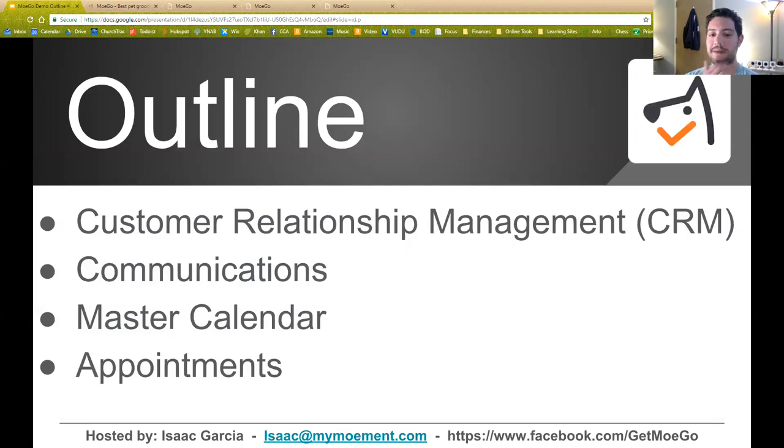Let's review what we've talked about today. We talked about the customer relationship management portion of MoeGo. That's how you manage your clients and information about them and their dogs. It's all targeted for mobile groomers, so it's tracking the information that's meaningful to you and your customer relationship management